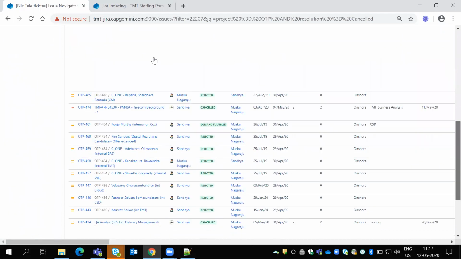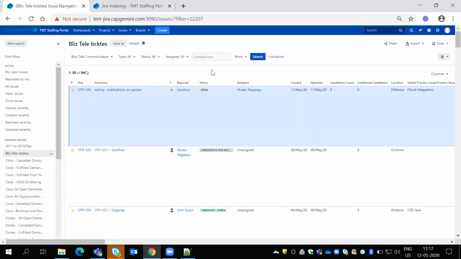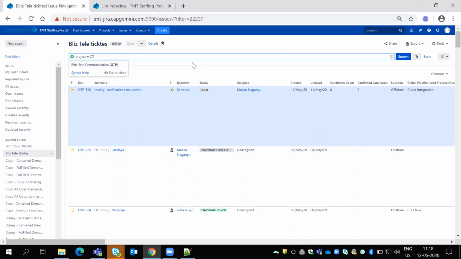So the thing is, just go with writing some basic filters. You can select from here, or you can just write it. But anytime this red symbol comes, your filter is not correct, the value is not correct.